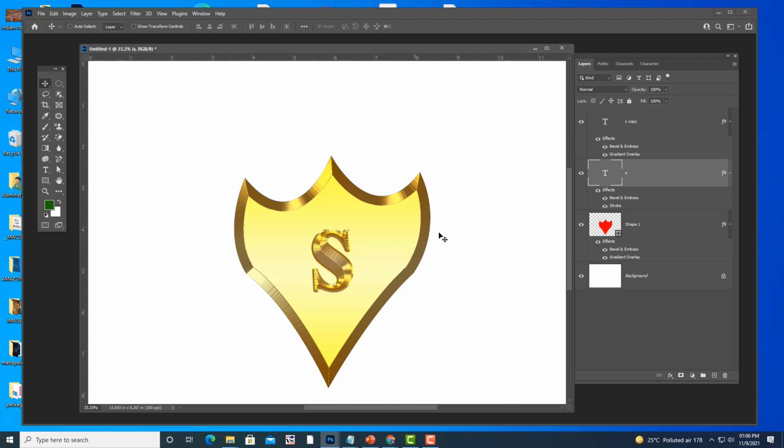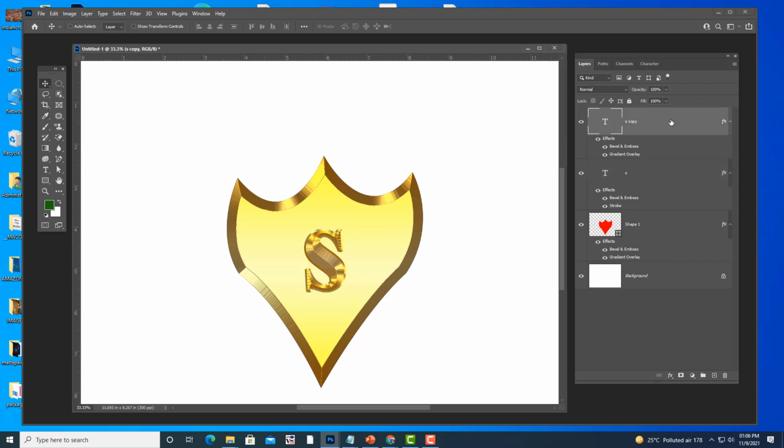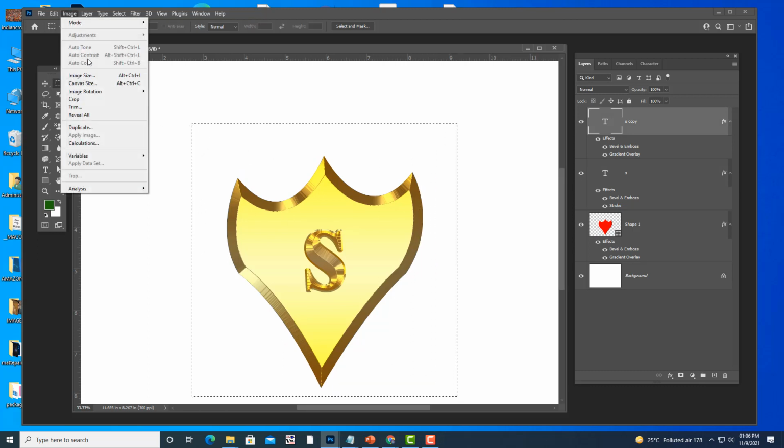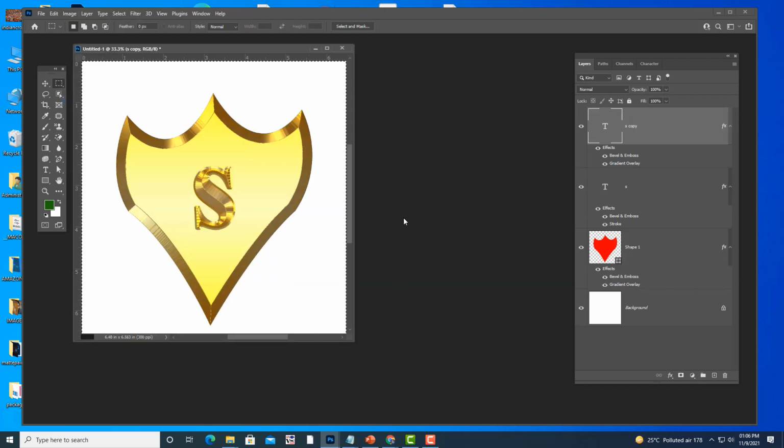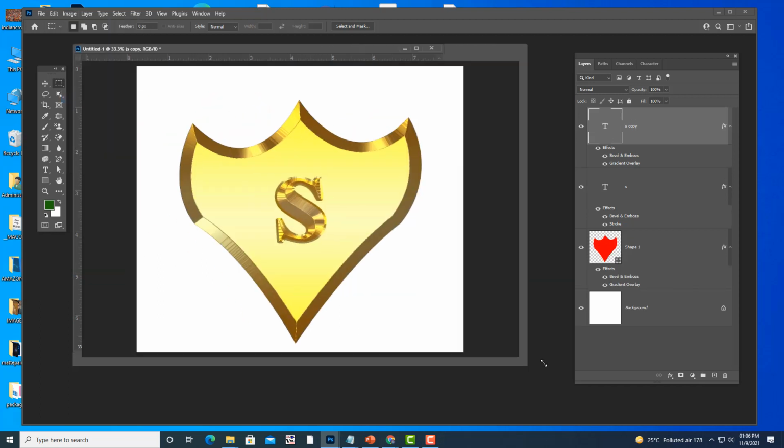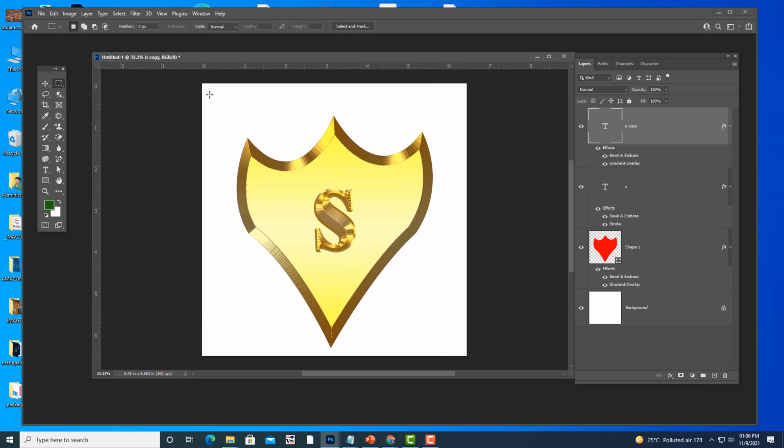So this is the thing. And you can actually crop this. You don't need this much area, you can just crop this. Right. Now I will give you one more assignment. What is that one more assignment? Let us see.